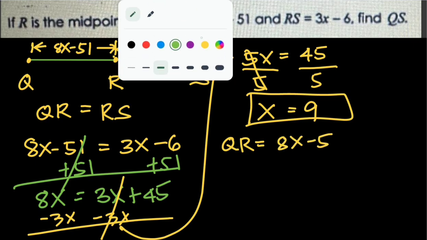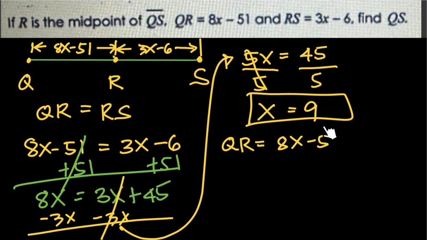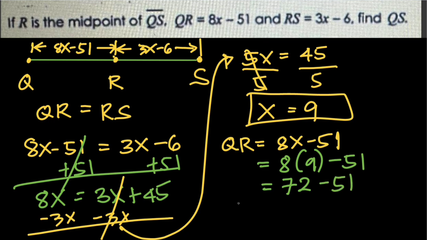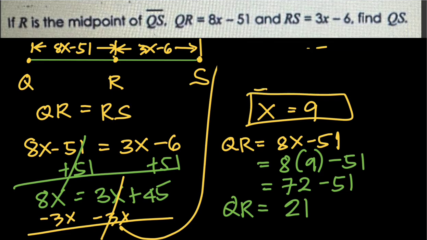Then we plug in the value of x. So this is 8 times 9 minus 51 equals 72 minus 51. Therefore, QR is equal to 21. And since QS,